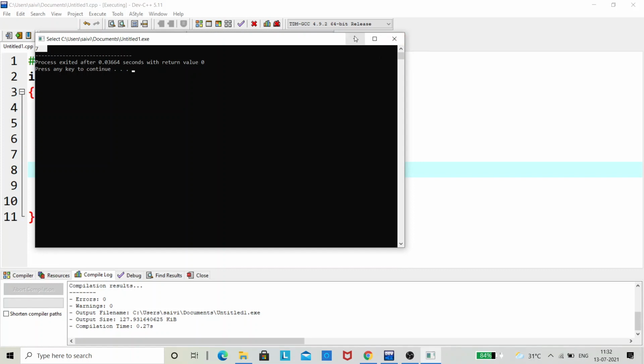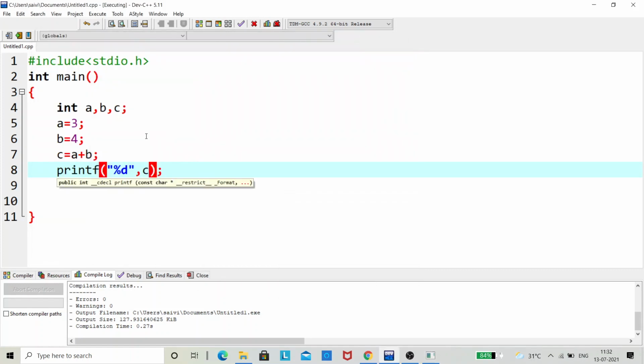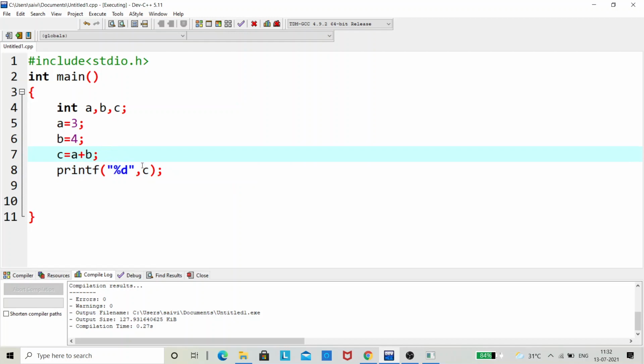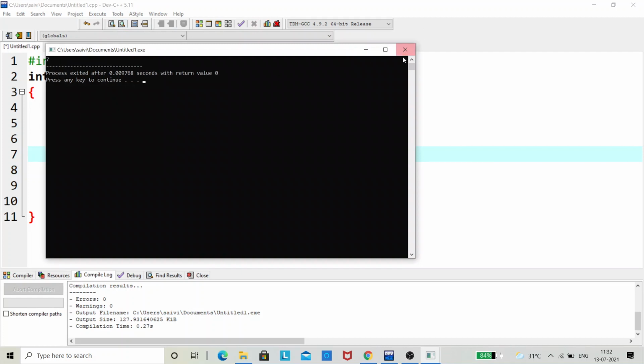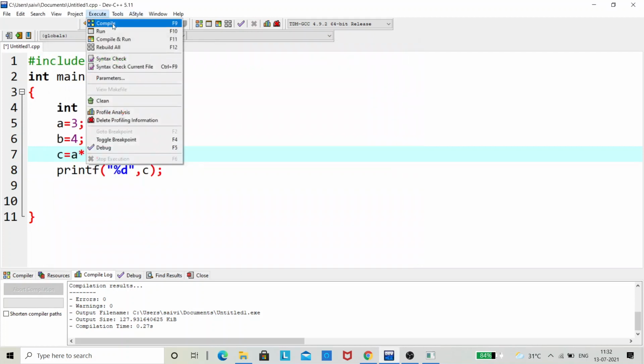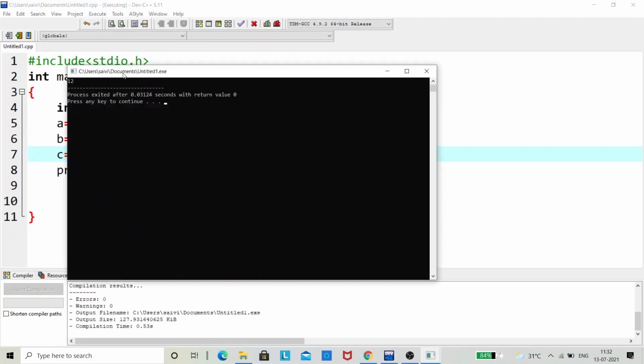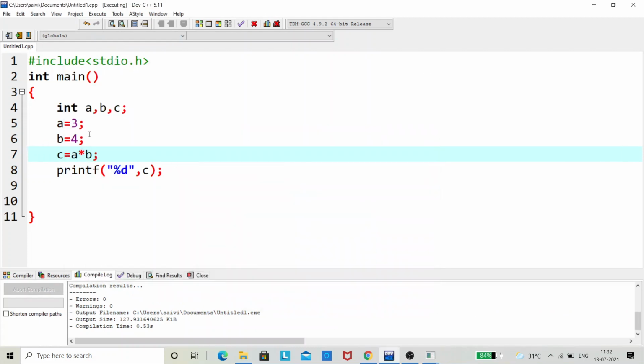So we are right. Nothing guys, it's just same as one variable and one number, which we did previously, but we are just replacing the constant with a variable. That's it. Let's multiply A and B rather than addition. Let's multiply. Oh, sorry, I clicked on run. You can see that after multiplying it showed me 12. Nothing but 4 into 3 is 12.